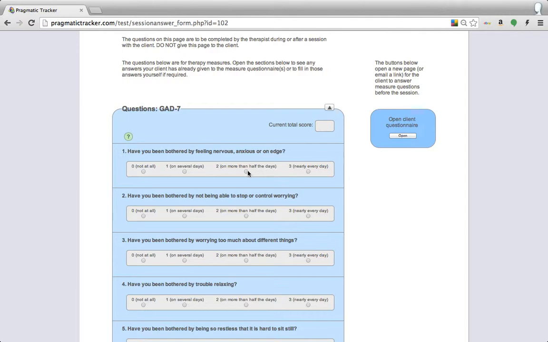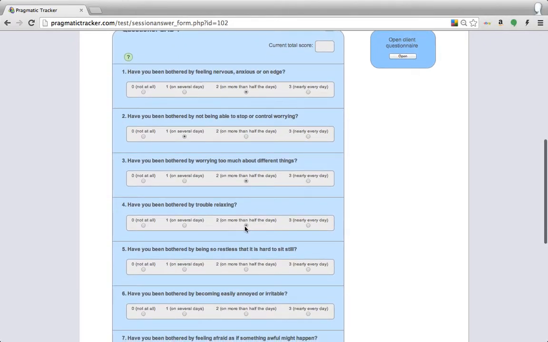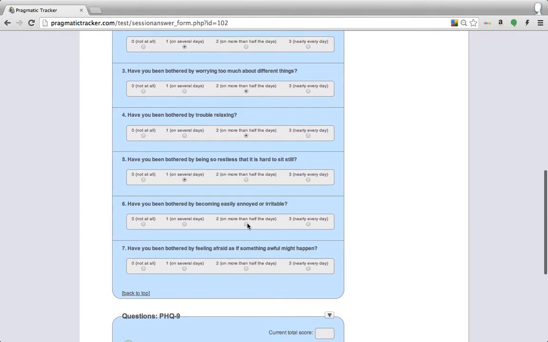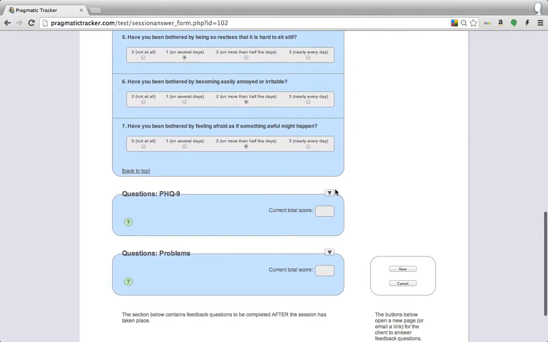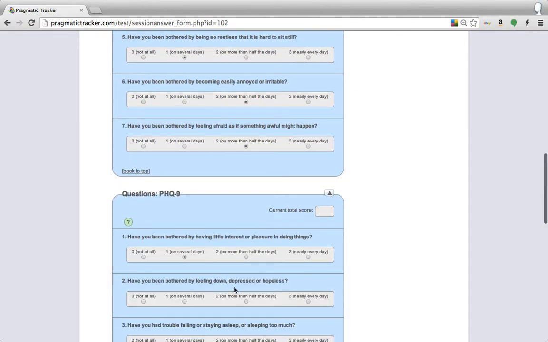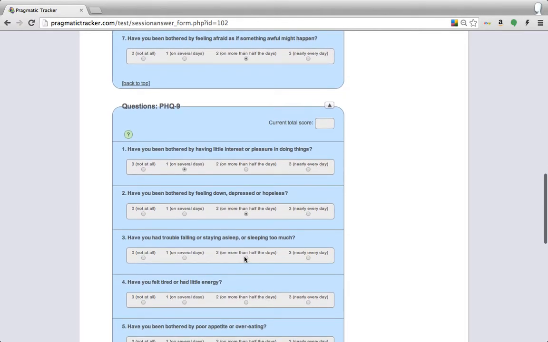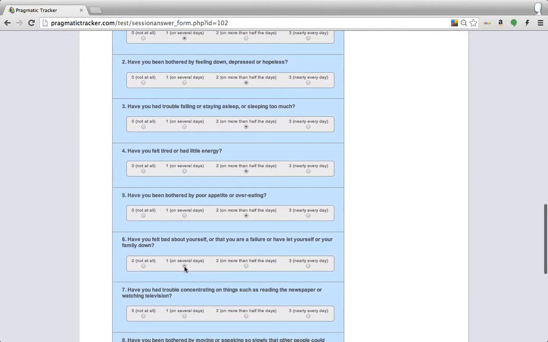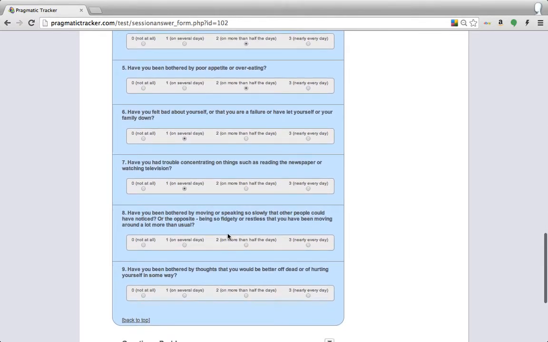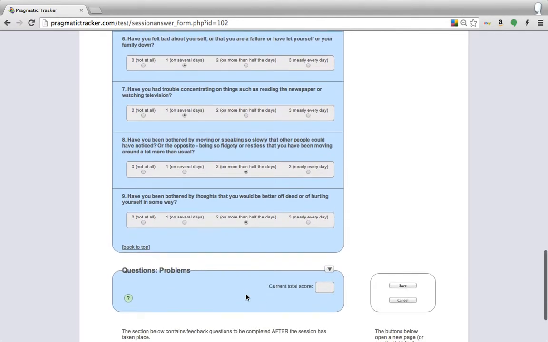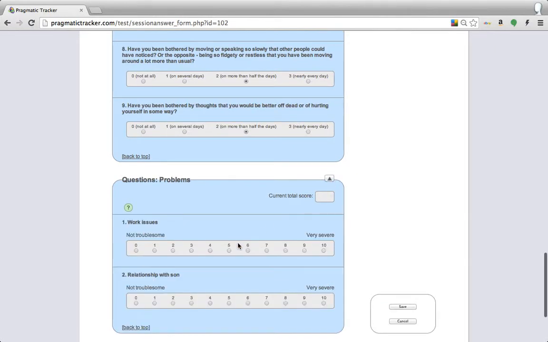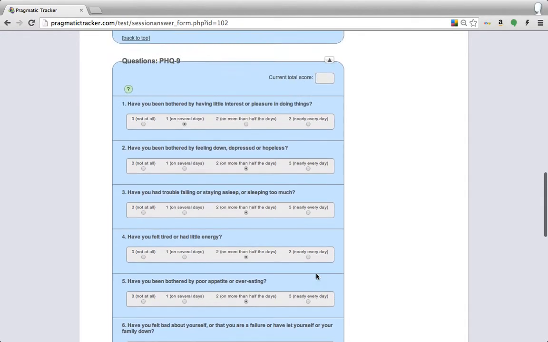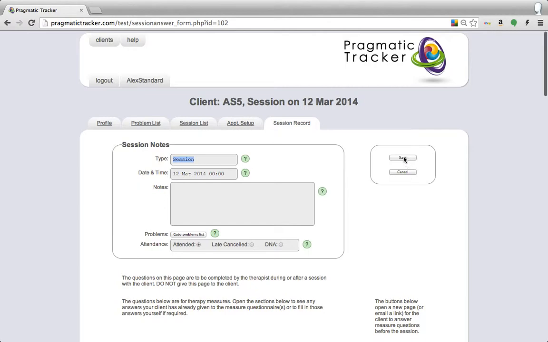And once we've done all of that, then the measure scores will appear on the chart, as you will see here now. We scroll on down, transfer the information in. Let's go to PHQ9 and choose the answers from the paper measure that the client has given us. And we finally come to the problems section and we can choose those answers here. Now when we click on save,